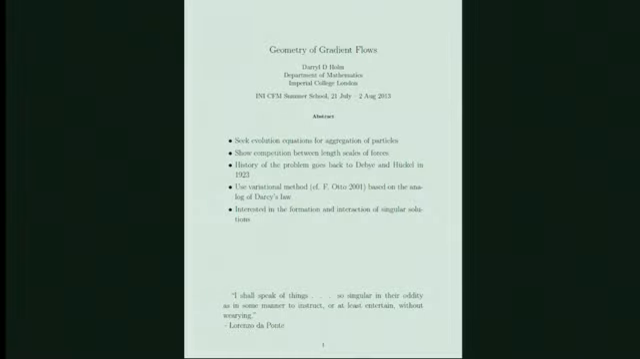I'm going to generally be seeking evolution equations for the aggregation of particles. This can be an aggregation of some smooth distribution of particles, or sometimes it will actually be singular quantities we could think about as particles. So the objective is to show the competition between the length scales, and this problem actually goes back to Debye